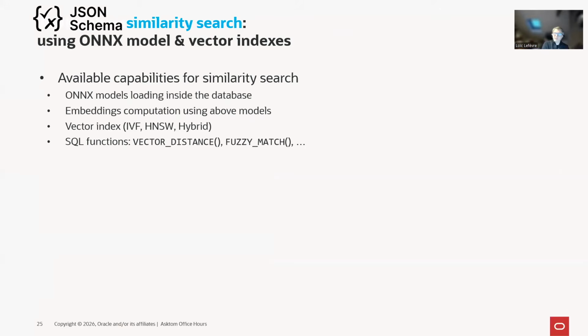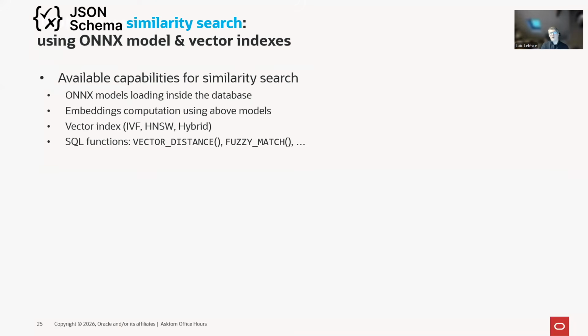Last but not least, you know, all of the buzz around AI. Well, the 26 AI version brings a lot of features for AI management. Here is an example of a similarity search and what it can bring for JSON schema. Again, I will go through the example to explain a bit more, but basically you can load a model within the database.